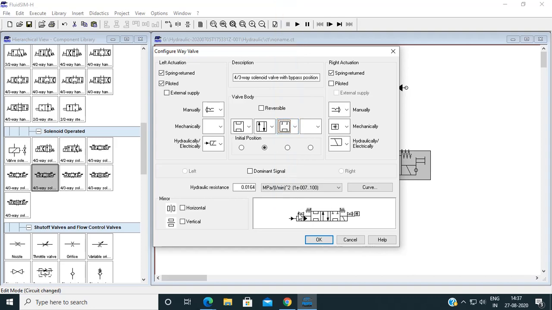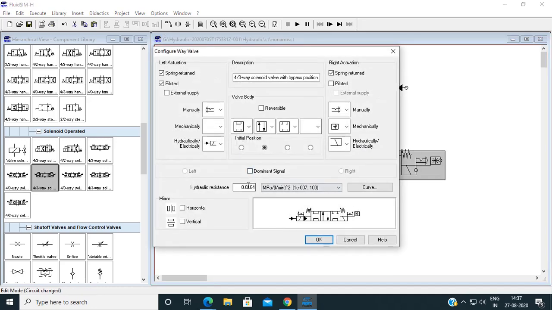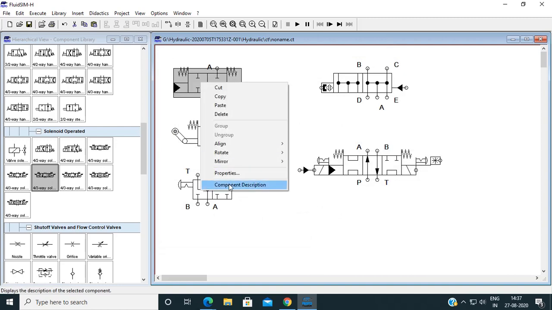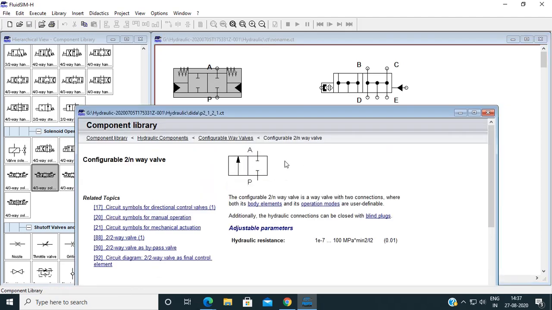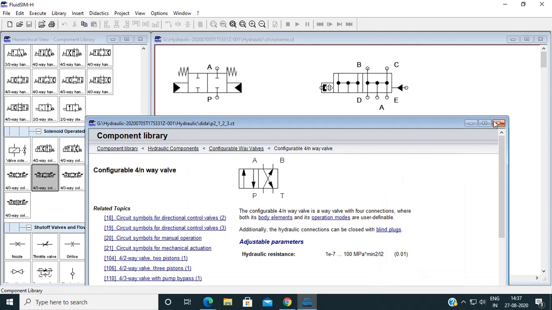So you can customize the direction control valve likewise. You can set the hydraulic resistance provided to the direction control valve. If you know, you can give. So these are the direction control valves. If you double click on it, component description, here you can see the description. Here again you can see the description.